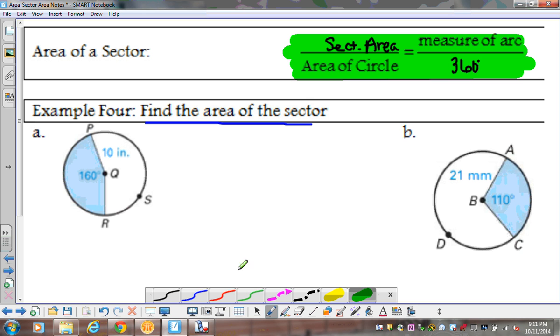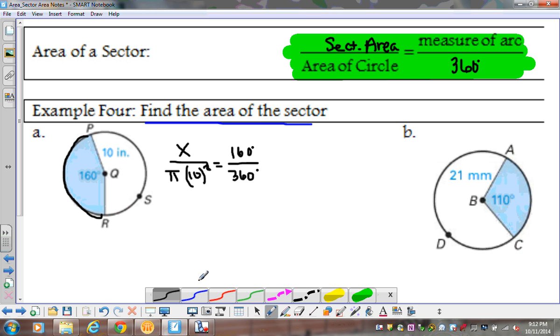So my sector area is going to go in the top left. That's what I'm looking for, so that's my variable. Now, similarly, guys, if I was looking for the area of my circle, I would just put an A there. That's where my variable would go. But because I know the area of my circle, I'm going to put in there pi r squared. So pi times my radius, which is 10 squared. Equals the measure of my arc, which is the arc that I'm looking for, that has a measure of 160 degrees